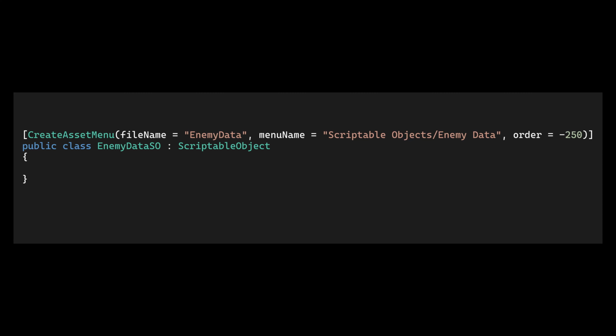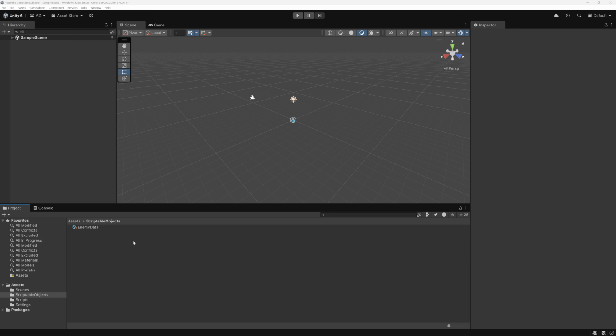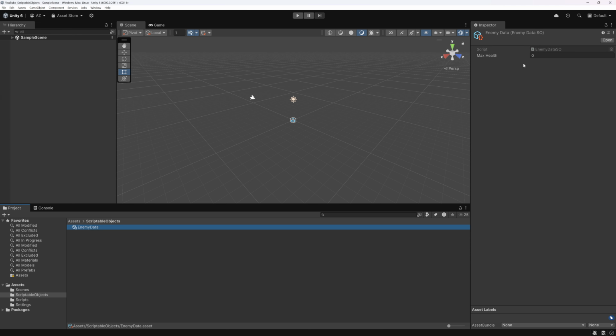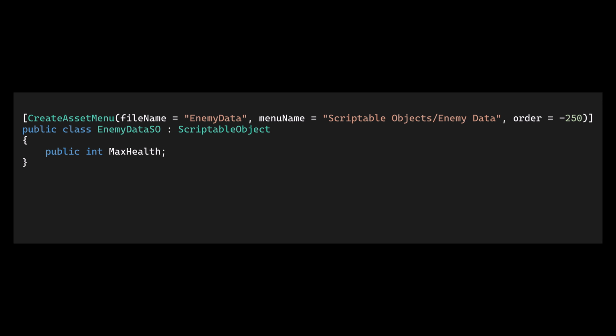So we've just created our first scriptable object, but for the moment it's completely empty. Let's add a public field of type int, which we'll call maxHealth for example. If we select our asset, we can see our public field and the value it contains in the inspector. You can modify this value directly in the inspector, just as you would with a component on a game object. I'm not a fan of public fields, so I'm going to make it private and add the SerializeField attribute so that it's still displayed in the inspector. I'm also going to add a read-only public property so that I can access the value of the private field.